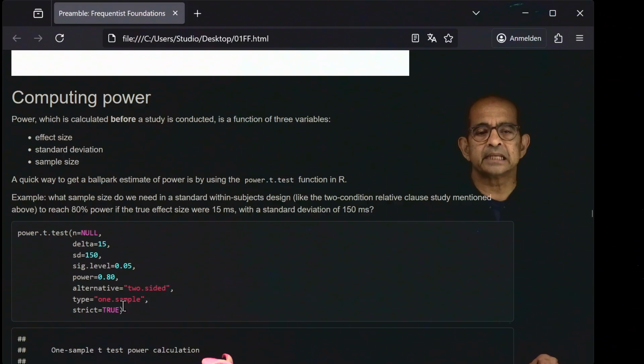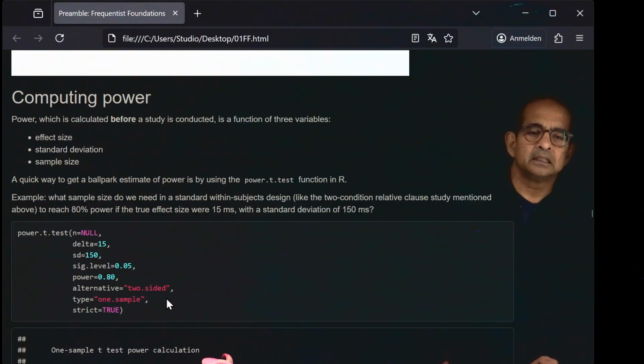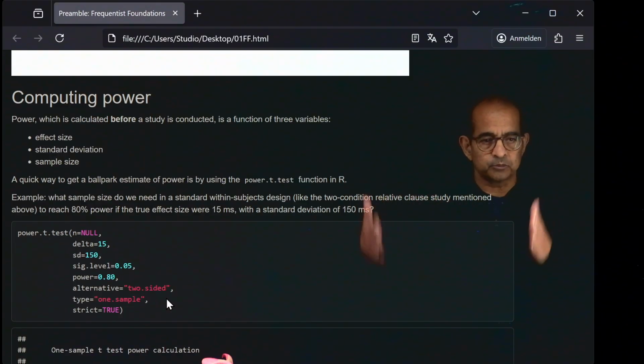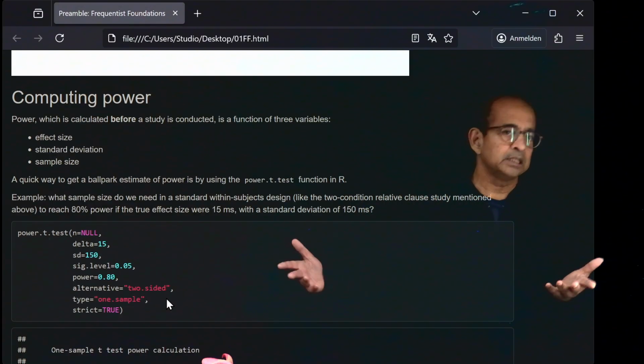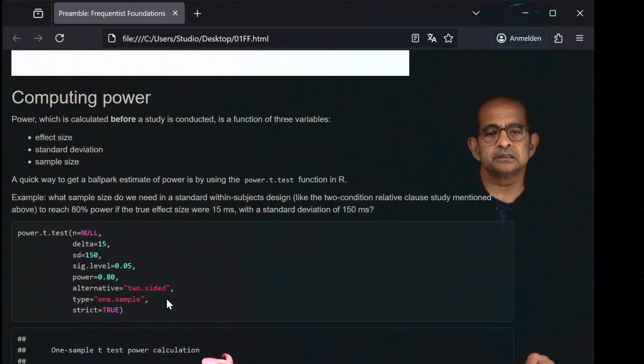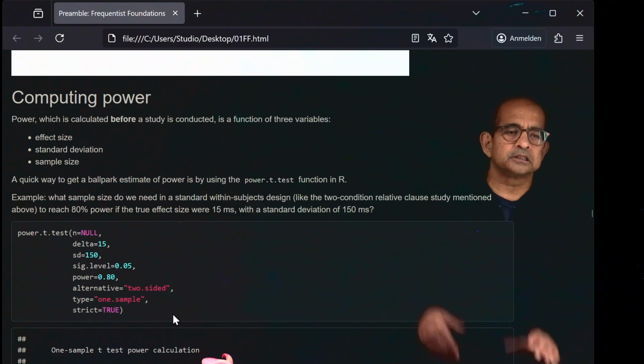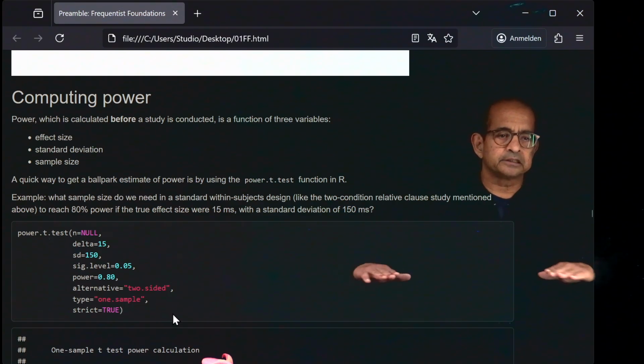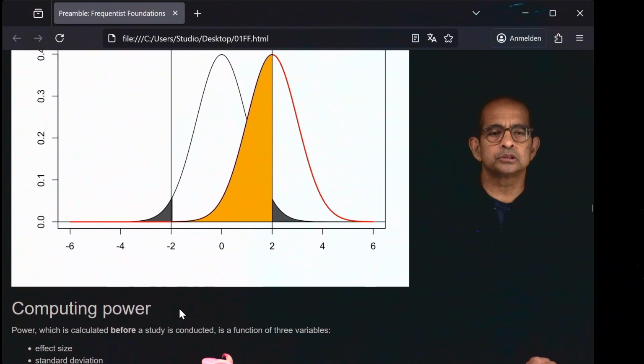And so the question, and then I've specified that I'm doing a two-sided t-test. It will be a one sample test that is two-sided, right? So I'm looking at both sides of the distribution, like I was doing when I was explaining the t-test, right? And strict is just a parameter that ensures that you calculate the area under the curve in